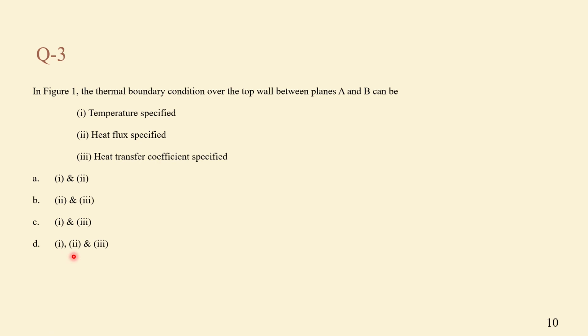So actually we have two types of boundary conditions. The first one is we can specify the value of the dependent variable at that point, which is known as Dirichlet boundary condition. Second is Neumann boundary condition, where we specify the value of the derivative of that particular variable at that point. So it can be either the value of the variable, or we can specify the value of the derivative. So it is either temperature specified or heat flux specified,